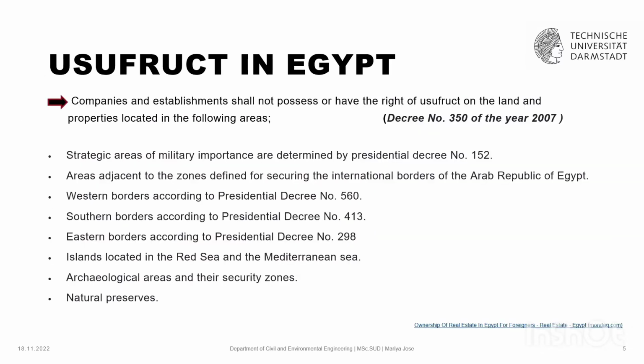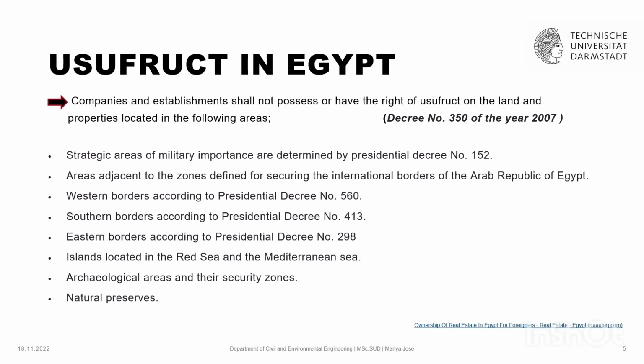According to Prime Minister Decree number 350 of the year 2004, companies and establishments shall not possess or have a right of usufruct on the land and properties located in the following areas. First, the strategic areas of military importance, which are determined by President Decree number 152. Second, the areas adjacent to the zone defined for securing the international borders of the Arab Republic of Egypt. The next one is the western border according to presidential decree number 560, and the